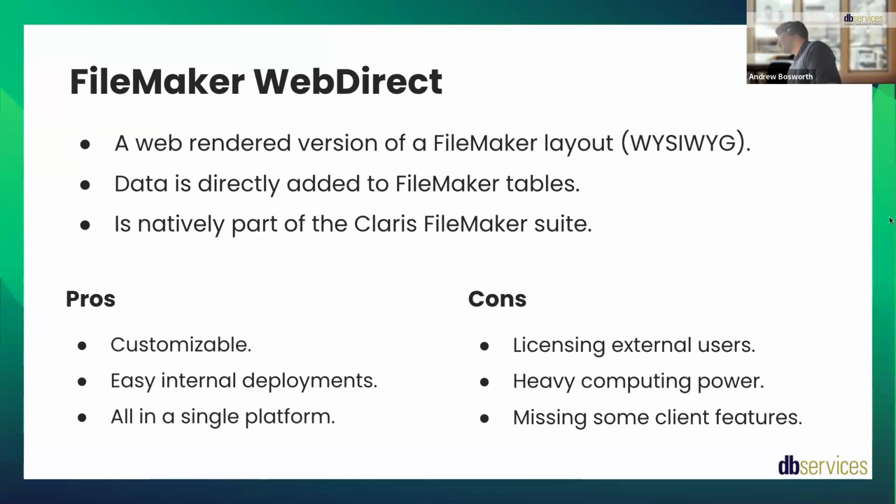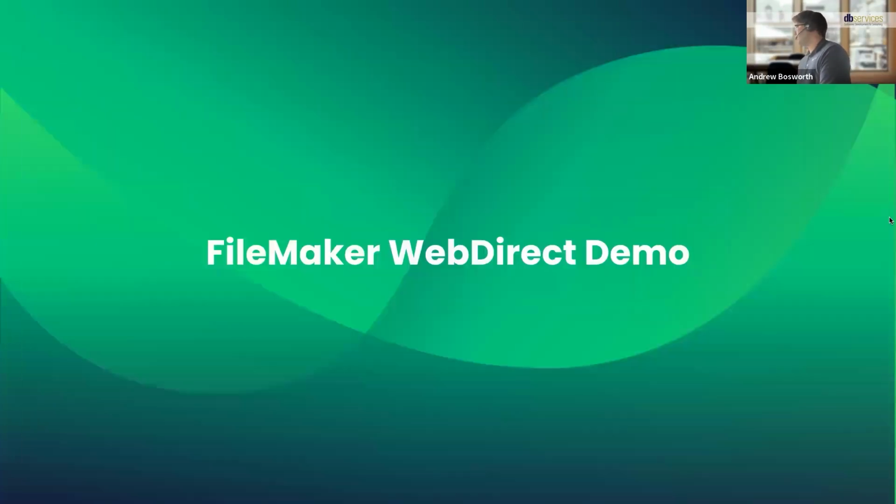Some cons, you might have to think about licensing external people. So if it needs to be outward facing to the web, do you need to have concurrent licensing? How are you going to handle accounts? That sort of thing. Kind of heavy in computing power. So if a lot of people are hitting this WebDirect page, might have some implications on the server that you might want to consider. And like I mentioned earlier, FileMaker WebDirect is missing some basic client features, so you just also need to take that into consideration. That being said,